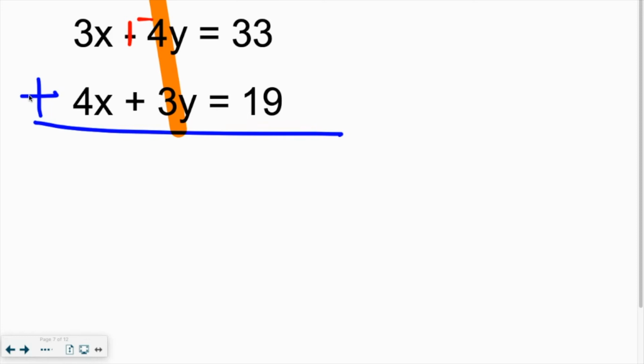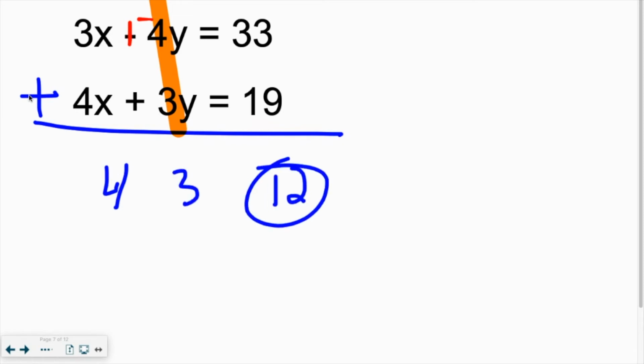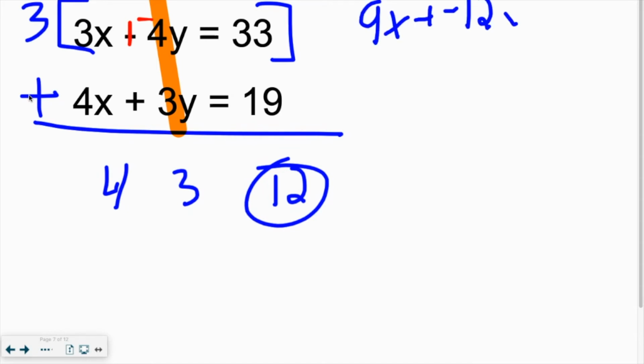Now we're going to have to multiply the top equation by a number and the bottom equation, the second equation, by a different number to find this LCM, the least common multiple, a number that we can take 4 and 3 and multiply them up to. So the LCM between 4 and 3 is going to be 12. Looking at that then, I want to get this -4 to become -12. 4 times what gives me 12? 3. I did that because now when we distribute that all the way through, we get 9x plus a -12y